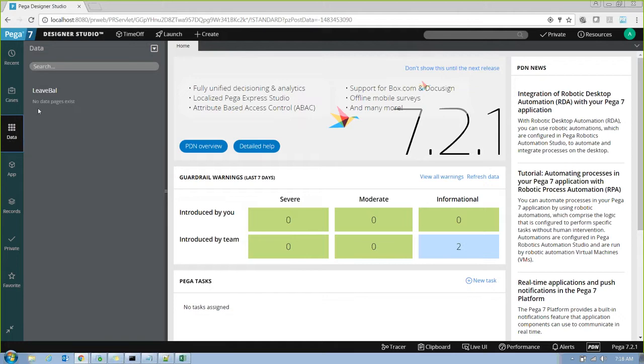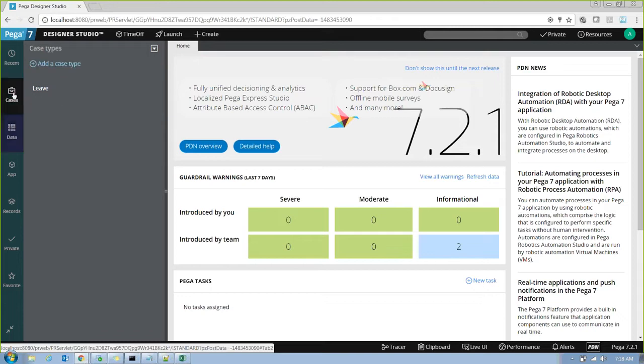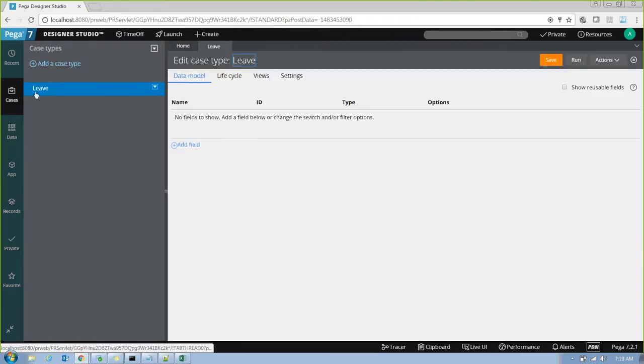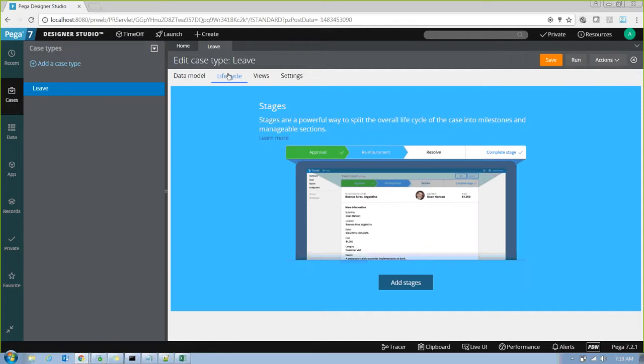But you see, it is one table called leave balance. Then we have cases explorer where you can see the various case types of your application, meaning the various classes. We haven't defined anything, so it's empty. We'll do it.